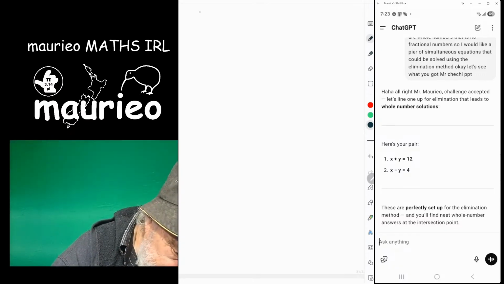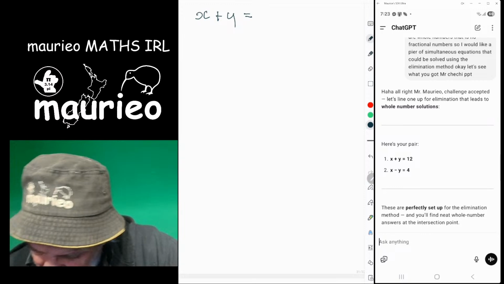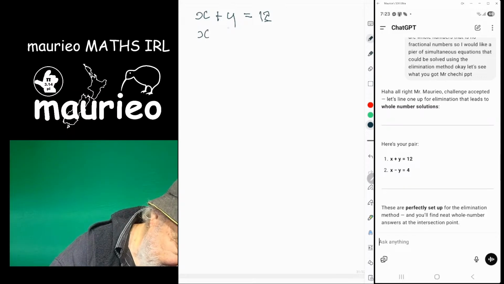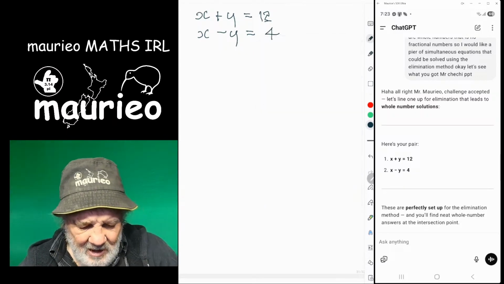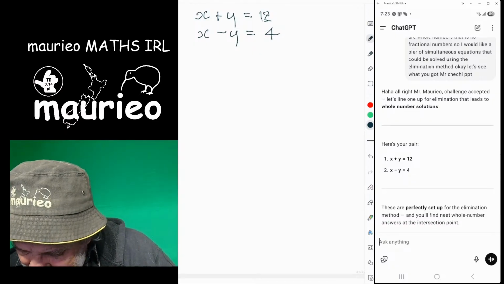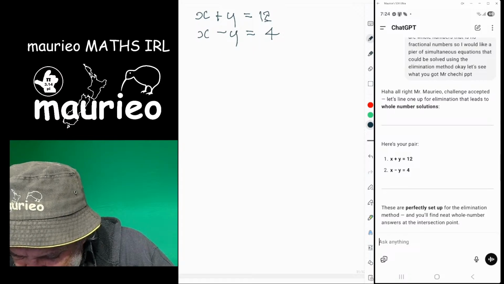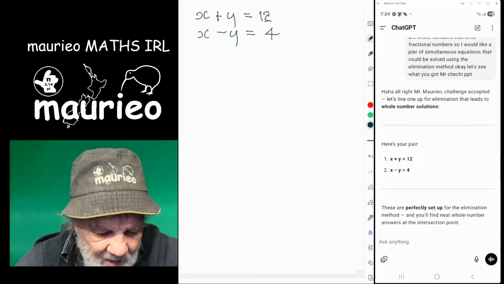So we've got x plus y equals 12, and x minus y equals 4. Here's your pair. Okay, now it says here, these are perfectly set up for elimination method. You'll find neat whole number answers at the intersection point. Yes, this is true. Okay,